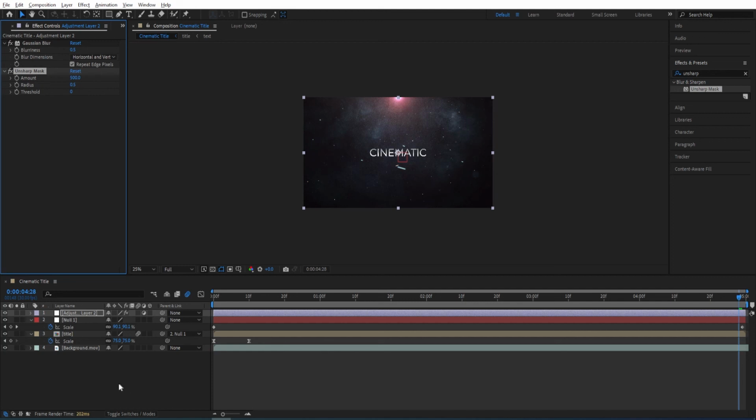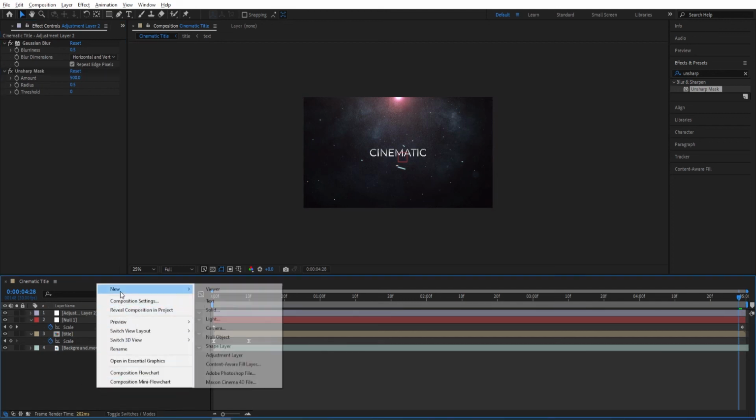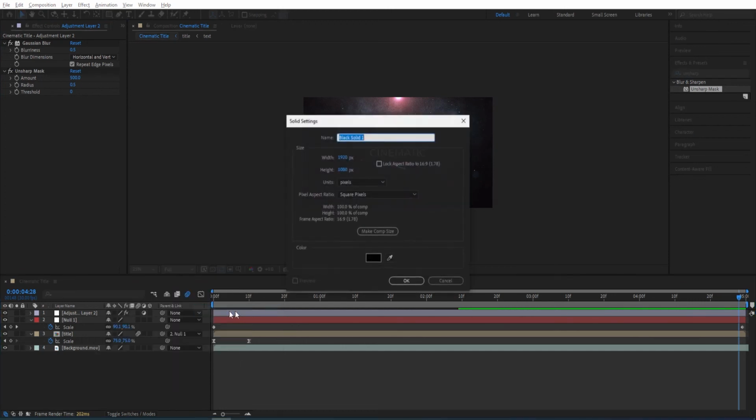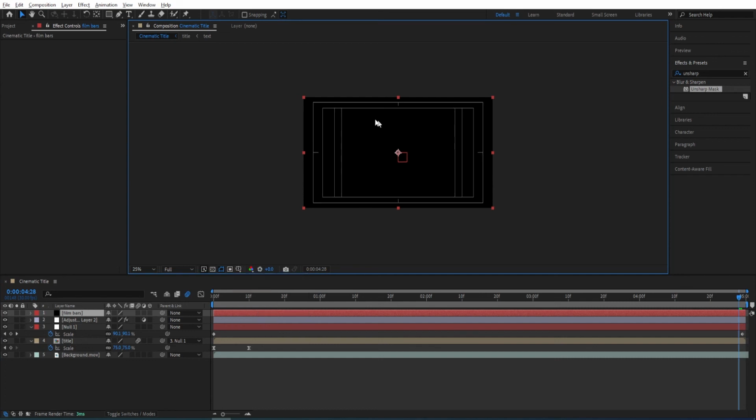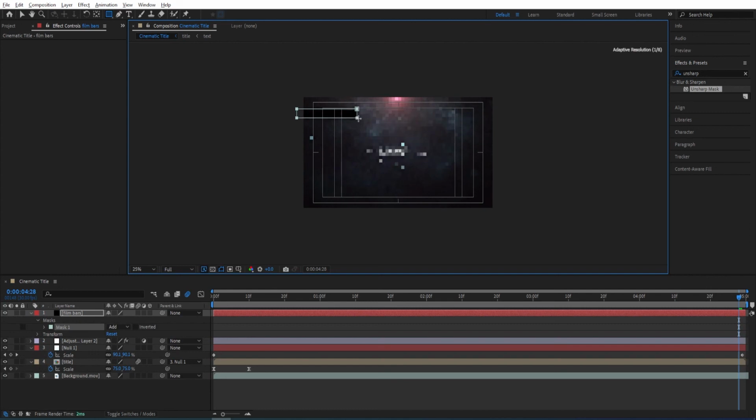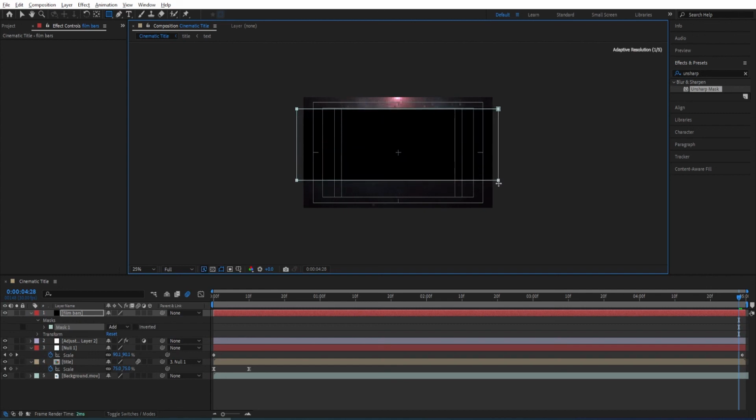Now we are going to create film bars, so right click, go to new, and then click on solid, make sure it's black. I'll call this film bars, click OK. And then I'll turn on the title visibility so I can view it clearly, and I'm gonna select the rectangle tool and draw a rectangle like so here,